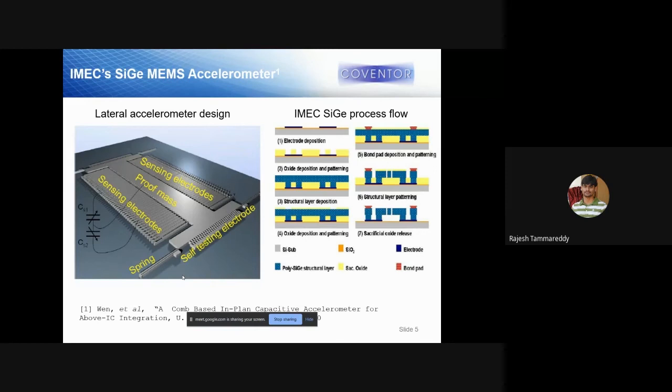When the mass is moving, the movable combs that are attached to the mass move too. There are 2 fixed combs on either side of this movable comb, right? So the capacitance will vary. On one side, between the fixed comb and the movable mass, it increases. On the other side, it decreases. So it is a differential capacitance. The same thing happens on both sides of the mass. You are reading that as an output.